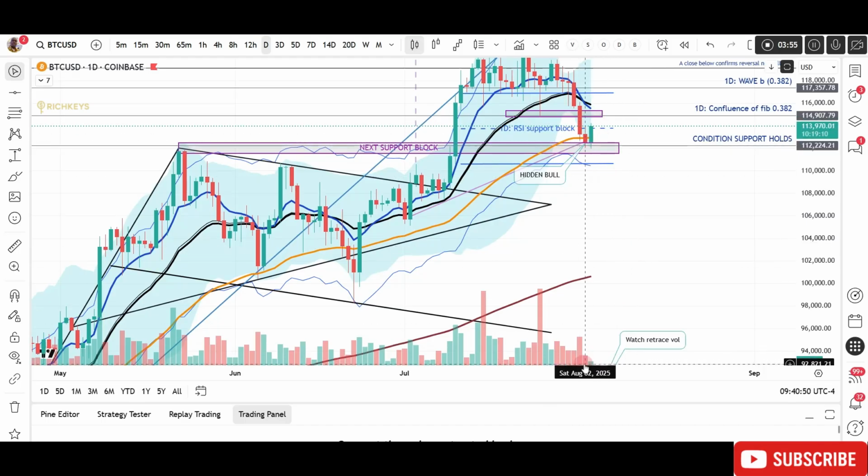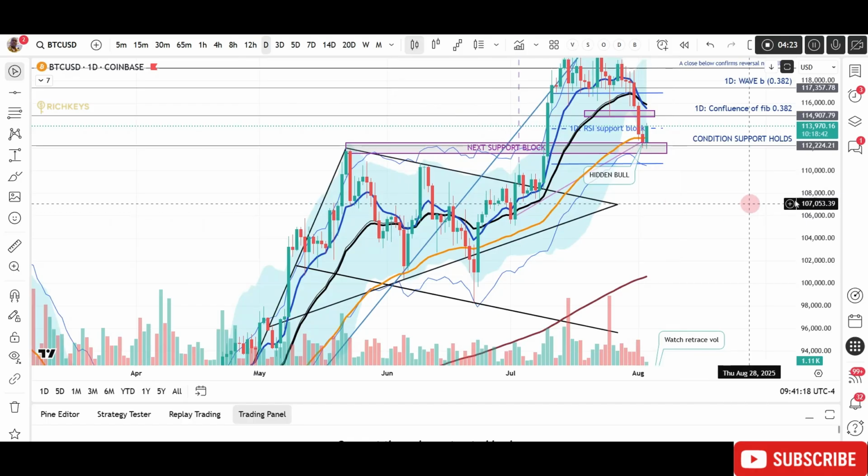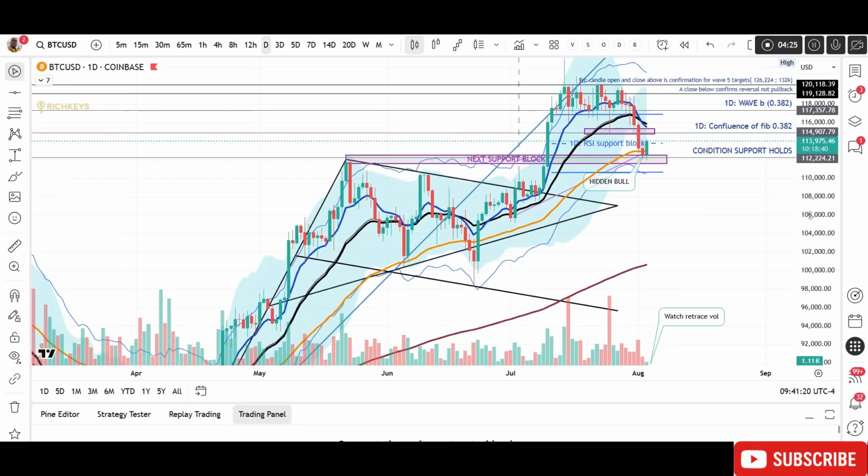But if the volume by the end of the day is pretty sizable, like something like this volume bar here, comparable to this volume bar here or this volume bar here, then this candle will become very significant, and we could probably look for a move either to close above this box or somewhere around the 21 period moving average on the daily chart. So that's my brief analysis on Bitcoin for this coming week.